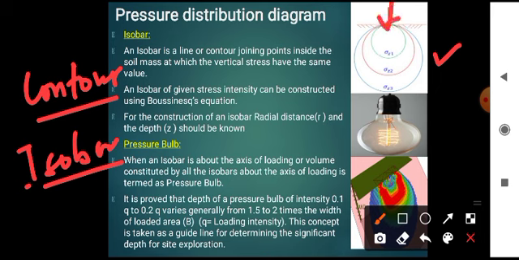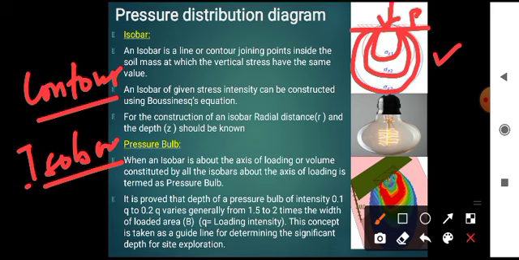So this is the point load of magnitude P which is applied on the surface. The isobars have been plotted here for various intensities of load. Maybe sigma z is 0.1 q, 0.2 q, 0.3 q, etc., where q is the magnitude of the point load. So 10% of the point load, 20% of the point load, 30% of the point load, likewise. If you plot, we can get a smooth plot like this. This is called an isobar, and each particular one is an isobar: isobar number 1, isobar number 2, isobar number 3, like that.